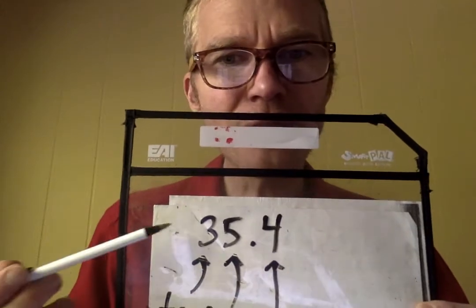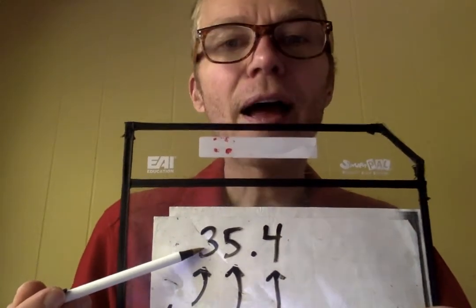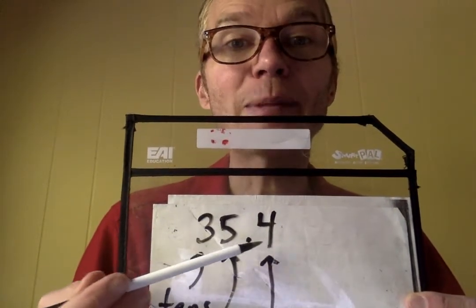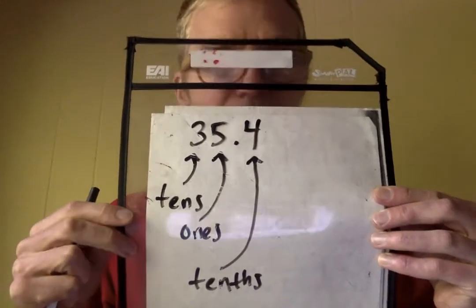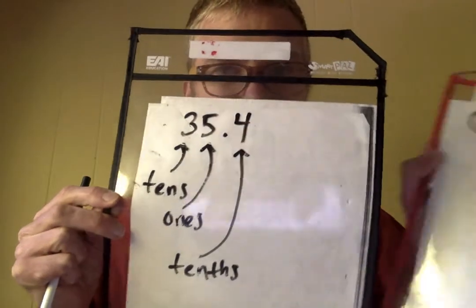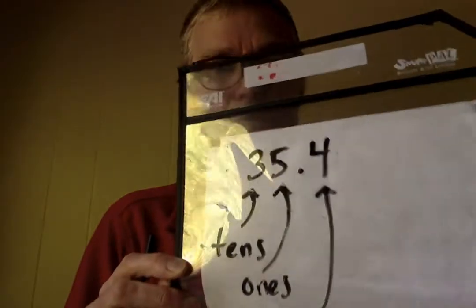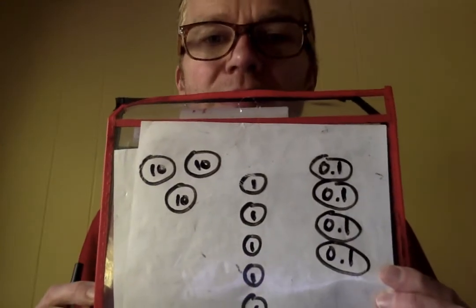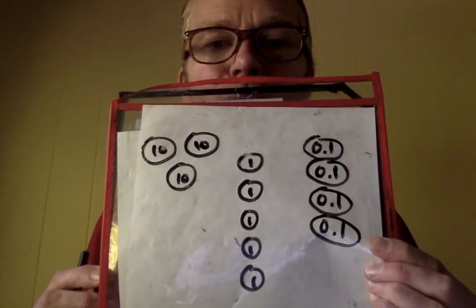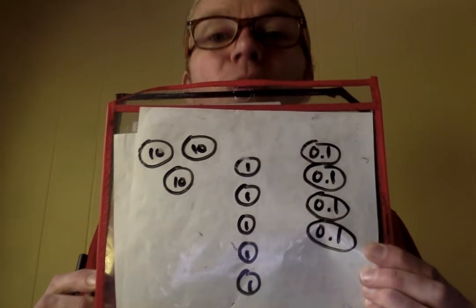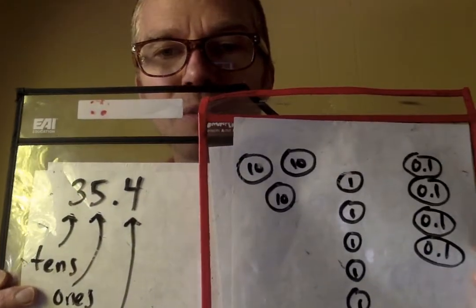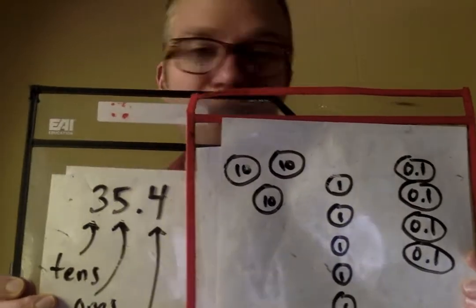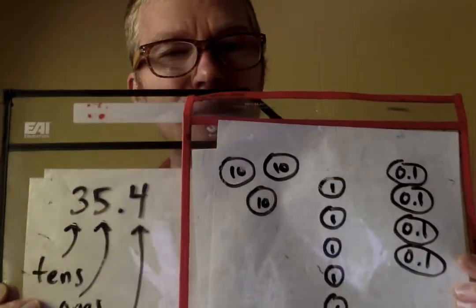35.4. How many 10s do we have? We got 3 10s. How many 1s? 5 1s. How many tenths? 4 tenths. So it might look kind of like this if you're to write it in a different way. 3 10s, 5 1s, 4 tenths. 35.4. Going to be looking at some problems that look like that today,